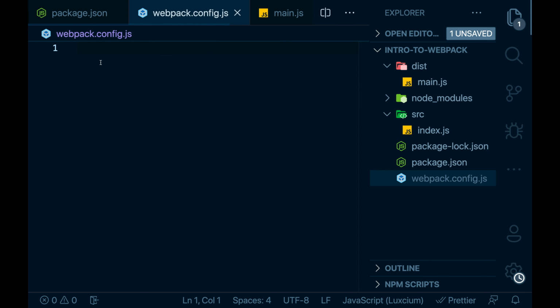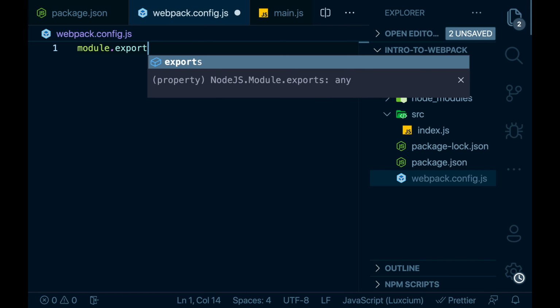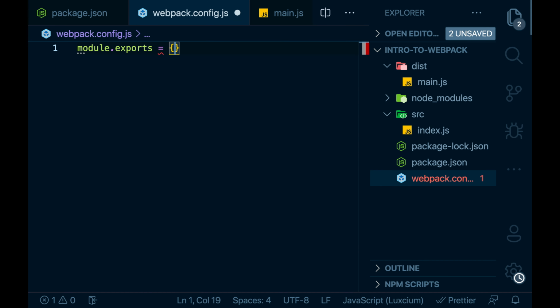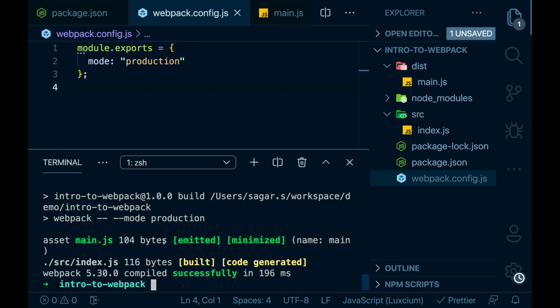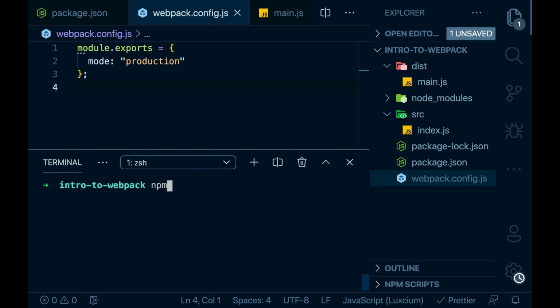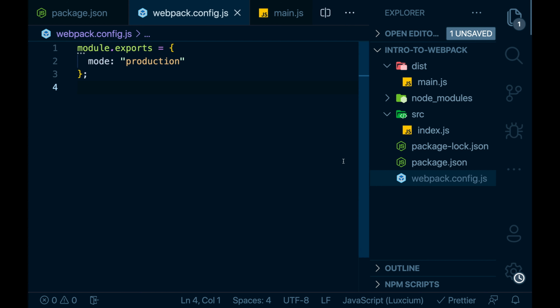Here I'll say module.exports equal to an object. In this object, I'll set mode to production. Let's run this again to check if everything is fine. Nice, it works fine. So now we are running the webpack through a config file.